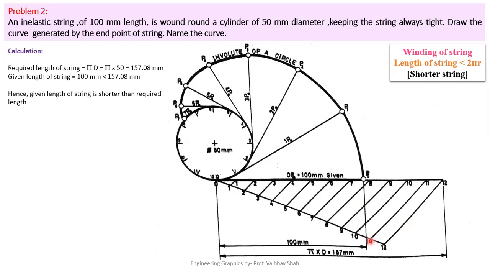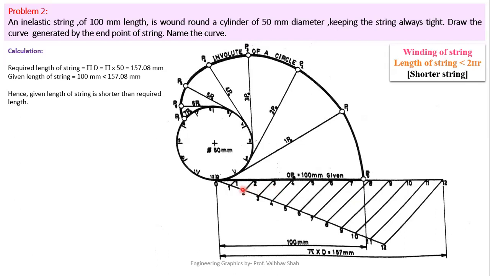Passing from your 11 point, you will draw one line. Passing from your 10 point, you will draw one line. From the 9 point, you will draw one line, and you will draw lines parallel to this line from 11, 10, 9, 8, 7, 6, 5, 4, 3, 2, 1 on this inclined line to transfer the points on the horizontal line. These points on the horizontal line will exactly represent the 12 divisions of that horizontal line.